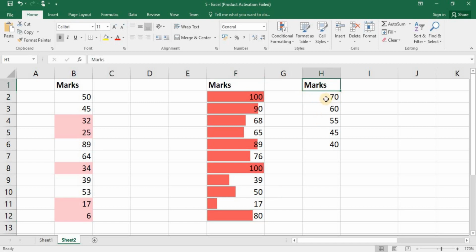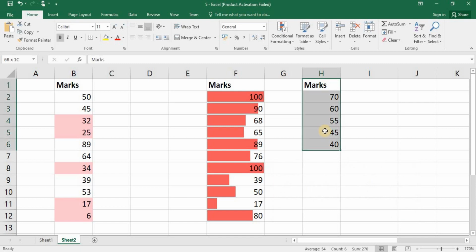Here I want to show that if the marks are 70 then eligible and it should have tick mark. Below 70 nearest to 55 to 60 it should be okay and I want to show it with exclamatory mark. Below 55 all the marks are not eligible which should be represented with X mark.